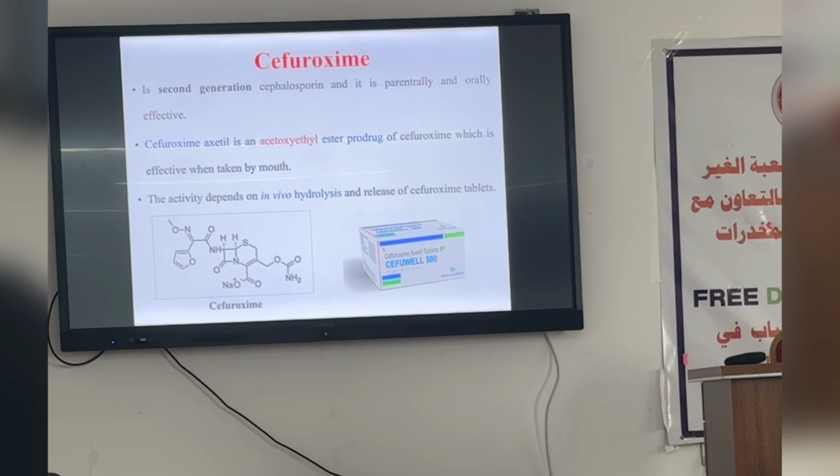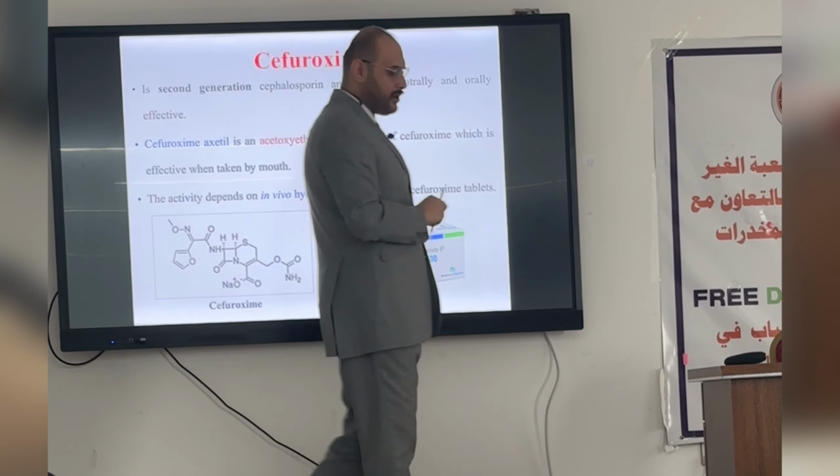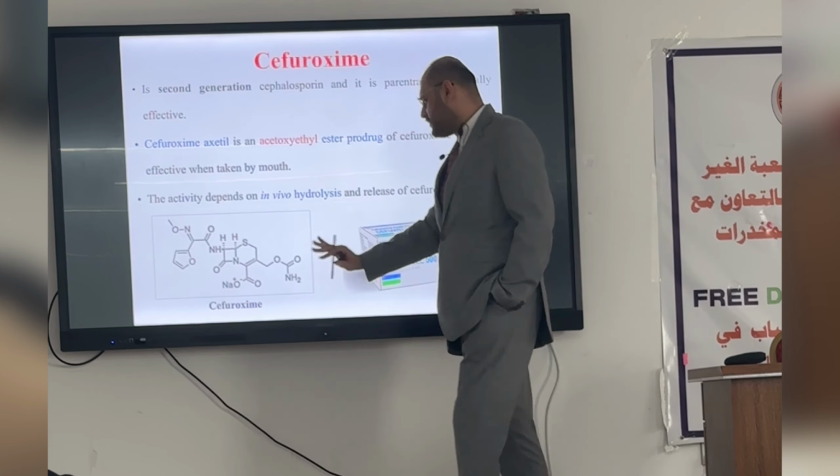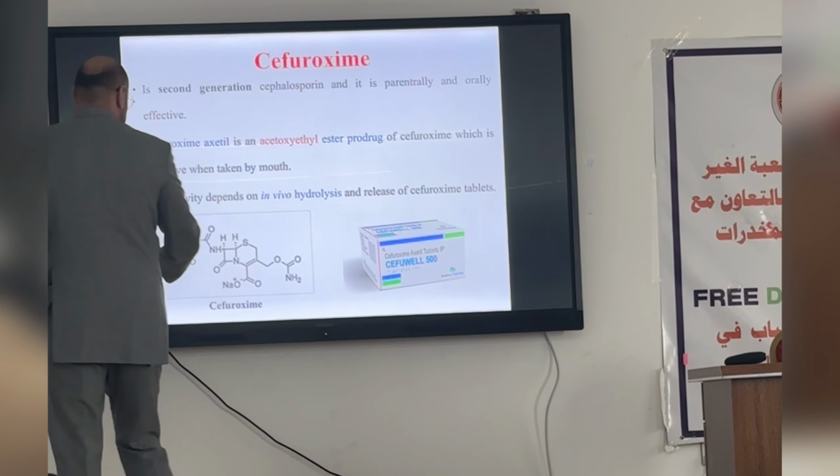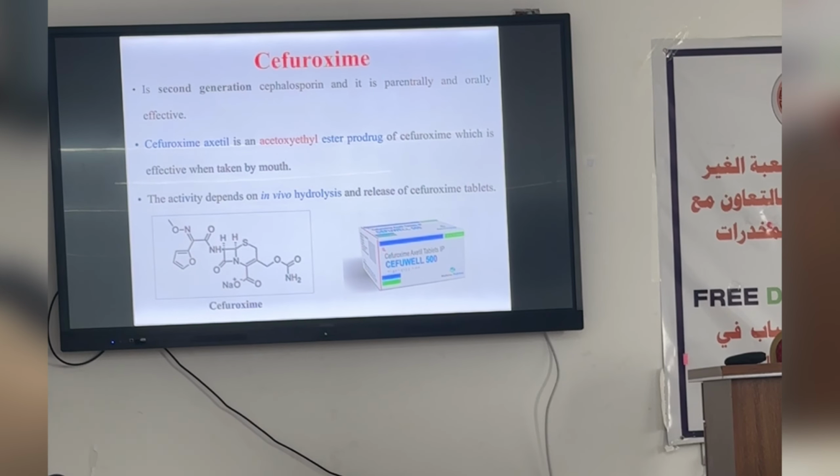This one is a second generation cephalosporin and is parenterally and orally effective. يعني هذا كل زين. Parenterally and orally. Here we have the structure of cephalosporin. If you see, we have different R1 and different R2. But one of the very important points is that we have cephalosporin axial,